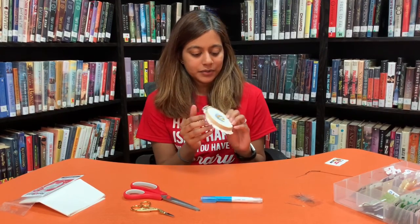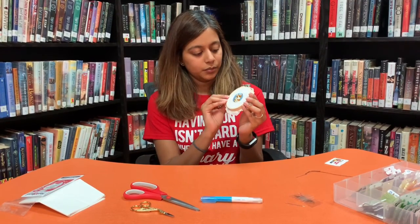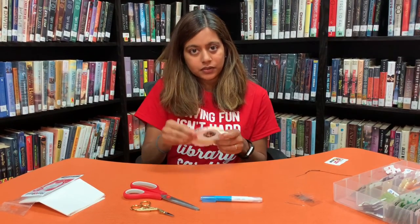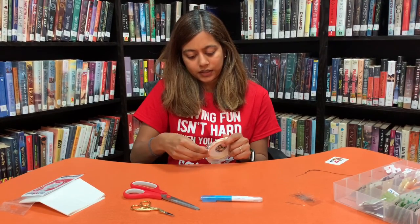So once you're done with your piece, the first step is to take it out of the embroidery hoop. We'll do that by loosening this screw up here at the top. And then we'll take your fabric out